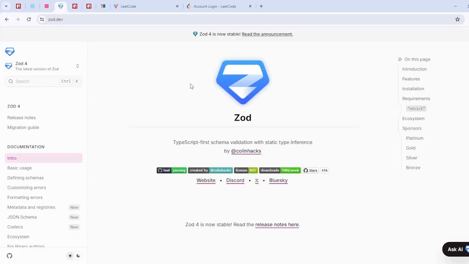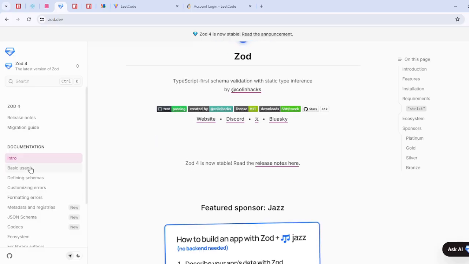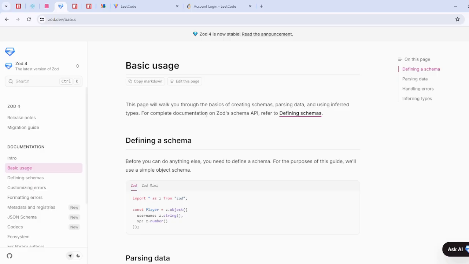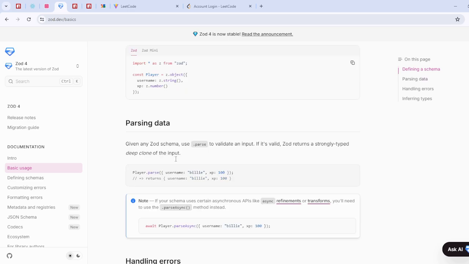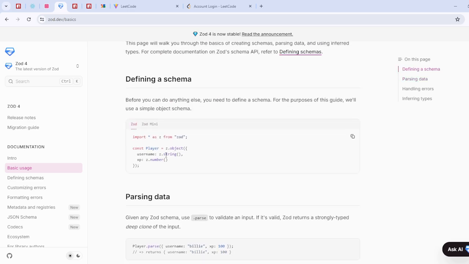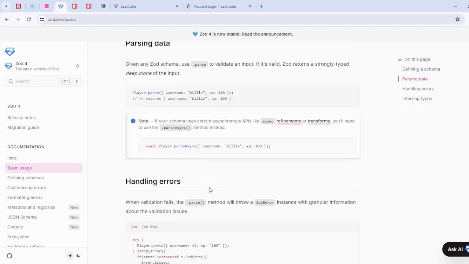Now go to Zod. Here you can see its basic usage: import all as z from Zod. So just username z.string. By adding .string, it handles all the validations that username must be a string,